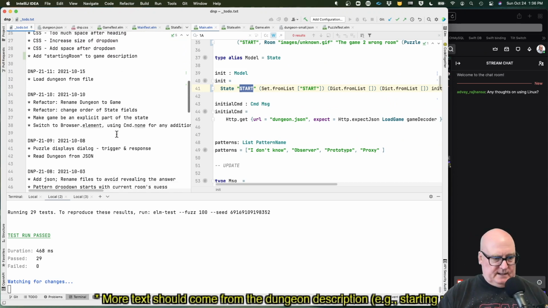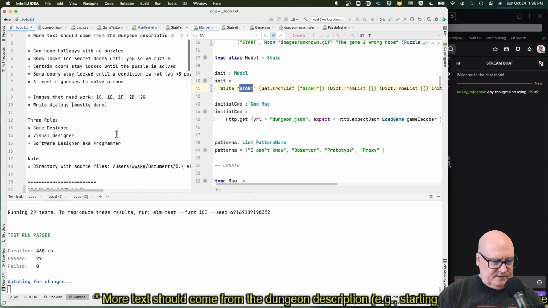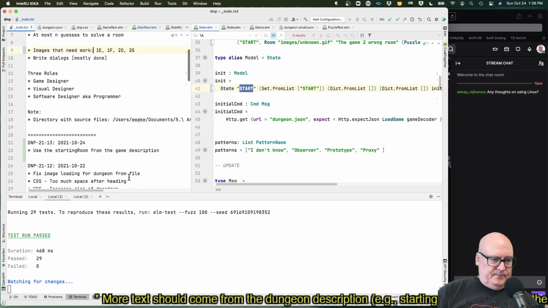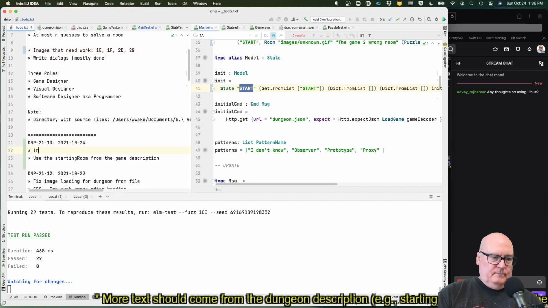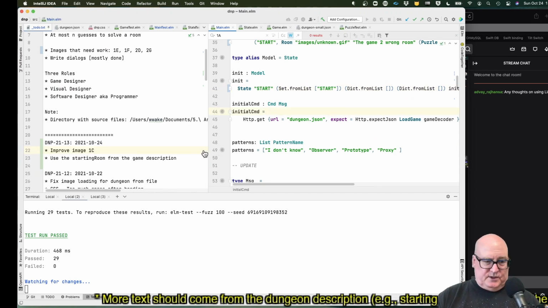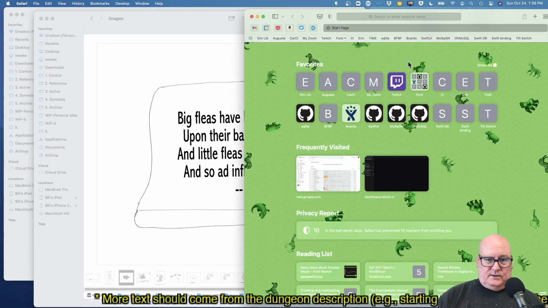Okay. And I think I also had a note here about pictures that needed work. Okay, we did 1C, I hope. All right, so that says we should be able to run this thing. Okay, so let's go over here.